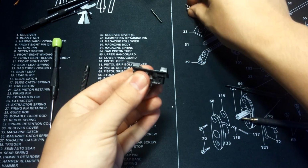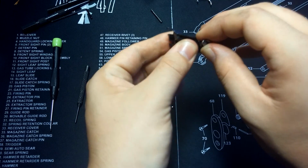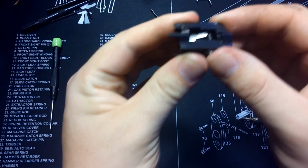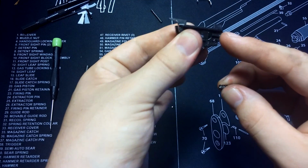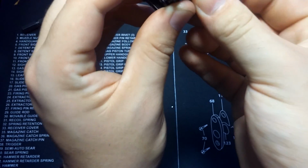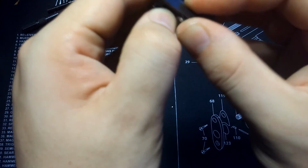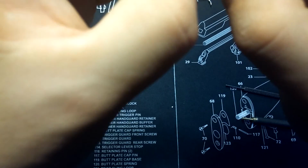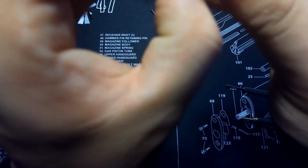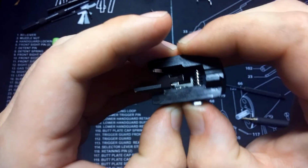Now, while holding this together, we're going to take the mechanism that keeps the gun from firing unless it's in battery. Place it in like that. Now it slots into this oblong hole, and then the other end, that little rod, goes through that hole there. This all locks in place. So you're going to locate it and just pull the assembly forward so it clears the sear. There we go. So you're going to pull the assembly forward. As you can see, it obstructs that block. So pull the assembly forward,